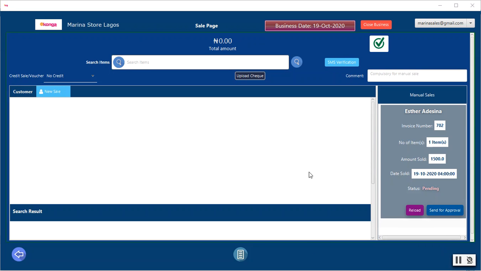As each approver gives an approval for a manual sale, if the manual sale is reloaded, we can see the email of the person who has currently approved the sale. So we're just going to wait for this manual sale to be completely approved. There are 2 approvals per manual sale, and both approvals must be gotten before the manual sale can be made. I'm just going to reload,